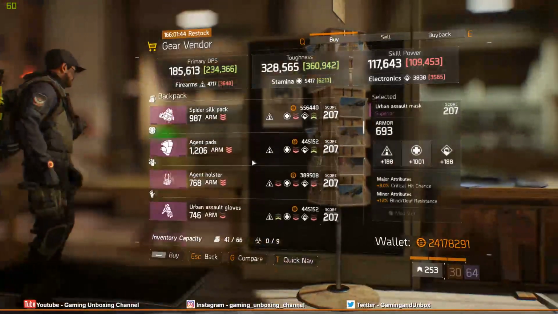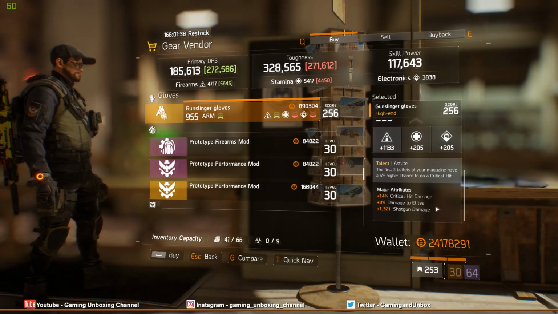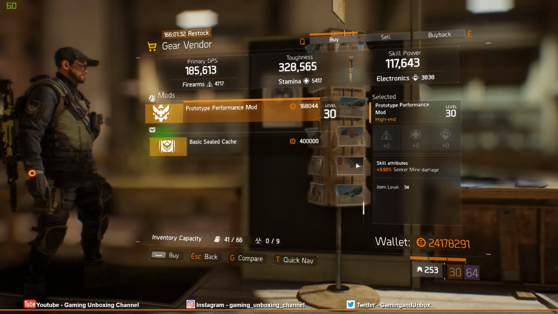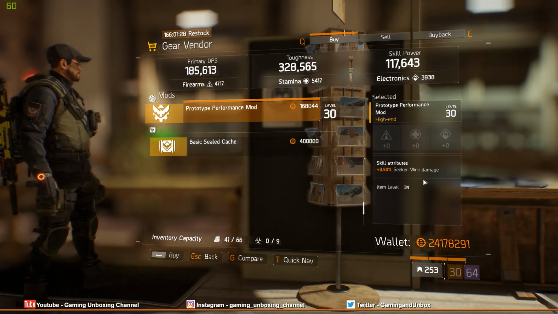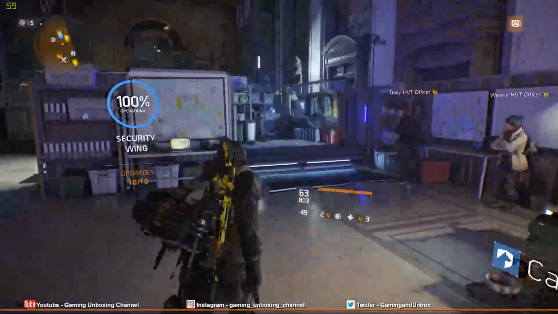Let's move on to the gear vendor, which is offering Gunslinger. We have Astute, not that impressive, so wouldn't recommend this. You have the Prototype Performance mod, which is 3.5% Seeker Mine damage, so those who are building Seeker Mine may purchase this. Too bad, nothing caught your eye. So let's move on down to the